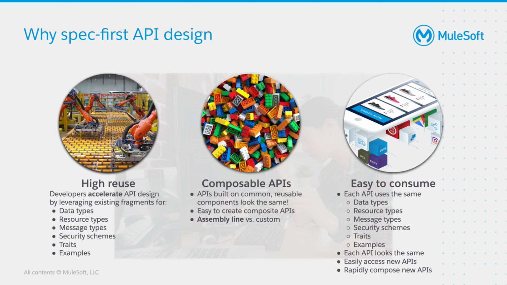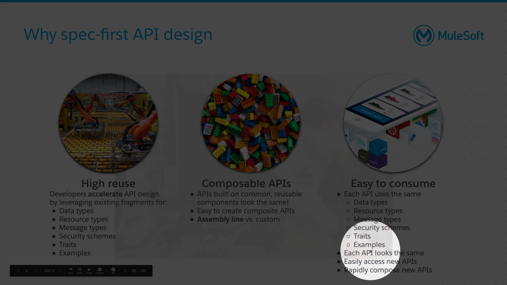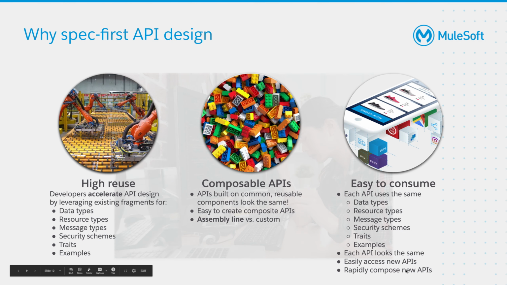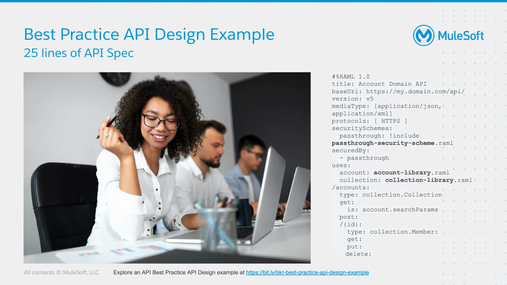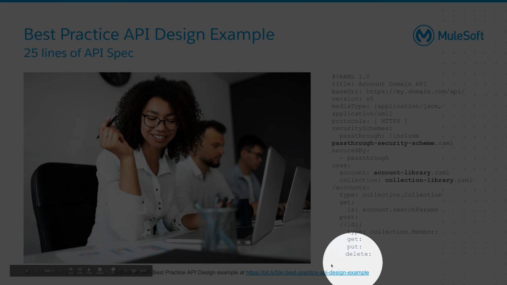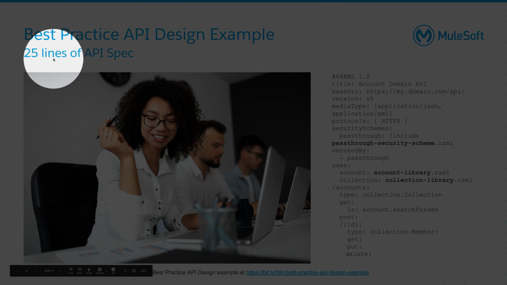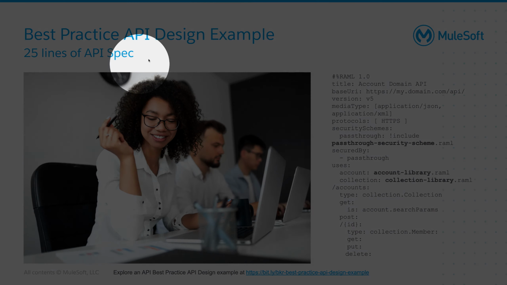Because I have that commonality, each API looks the same. It's easy to discover and access new APIs that are out there and know how they work because they're all kind of built the same, and then rapidly compose new APIs based upon those building blocks. And that's why design first is so important. If we have that commonality, then we're able to create a pleasurable experience for our consumers instead of them scratching their head. And for example, instead of the 800 lines that we talked about before for my account API, if we follow best practices and reuse components, I can get that down to actually 25 lines,